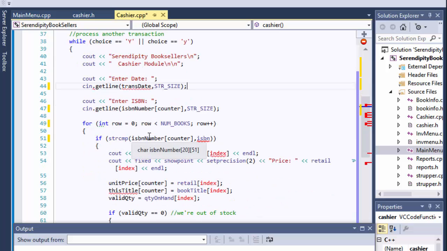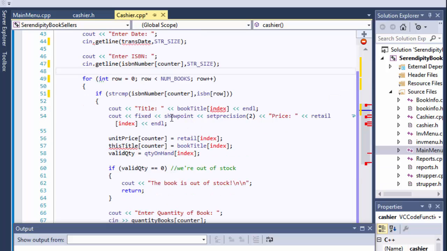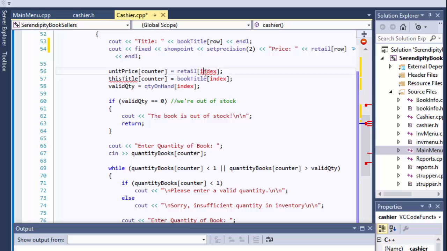Okay, so that's that. So it's going to be ISBN instead of index. It's going to say row now. So it compares it, and if it's a match, then we can proceed to display our records. So this is a row, this is a row, and this title now